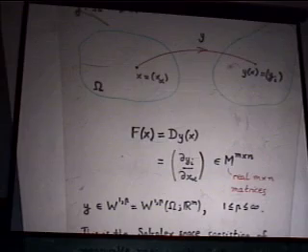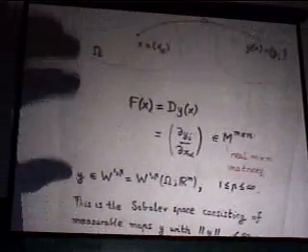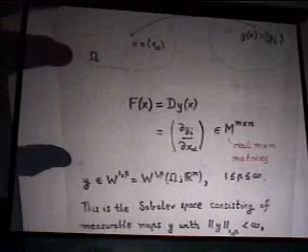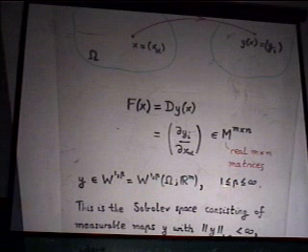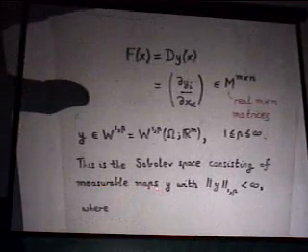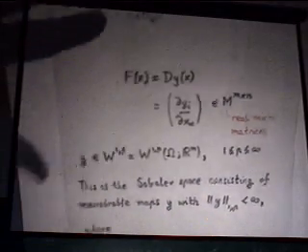Now, of course, we have to say what we mean by the gradient, and I'm always going to work in the Sobolev space W1P from omega to Rm, so P is between 1 and infinity. So let me explain what this is. This is a Sobolev space consisting of measurable maps Y, whose W1P norm is finite, and the W1P norm,